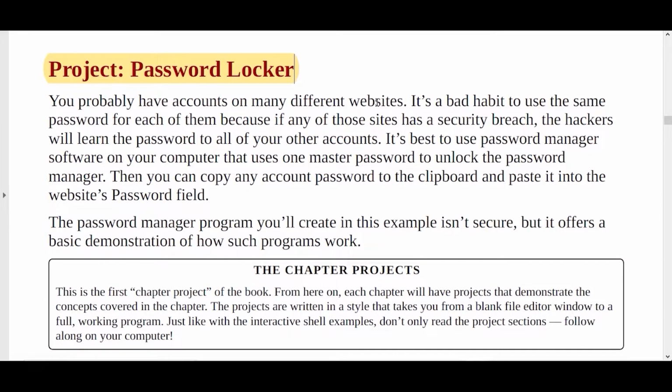Therefore, what this password locker project does is it helps us store a number of passwords in a program, and whenever you want to access those passwords, you can run this file and access them depending on the account, and then you can use them in any other email or any other software. So let us start with this password locker project.